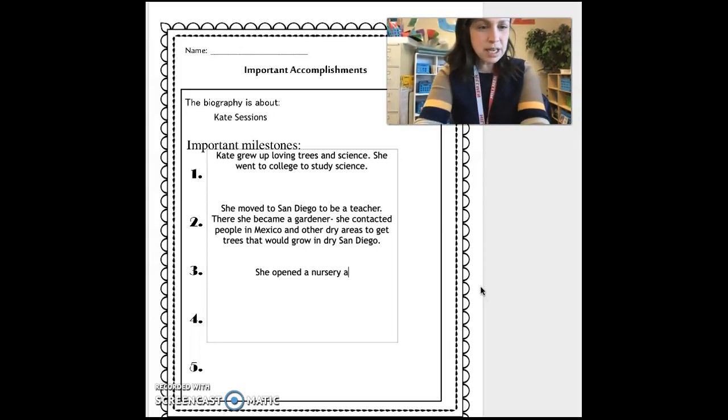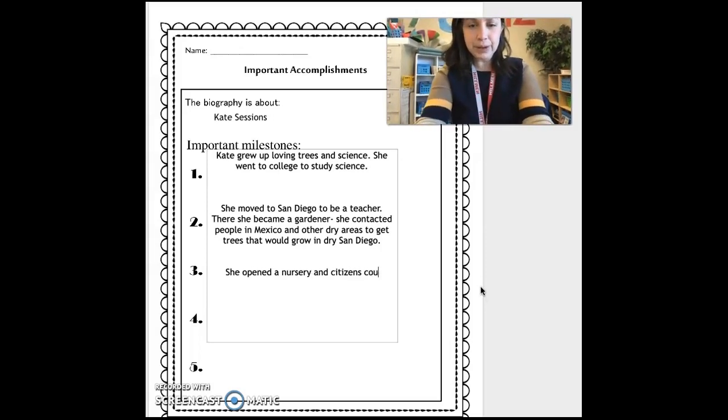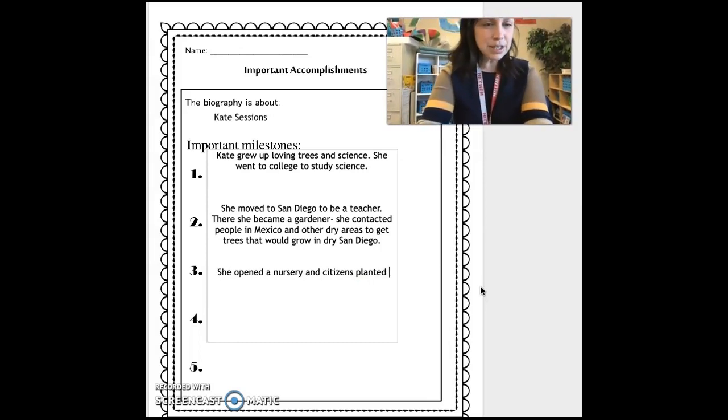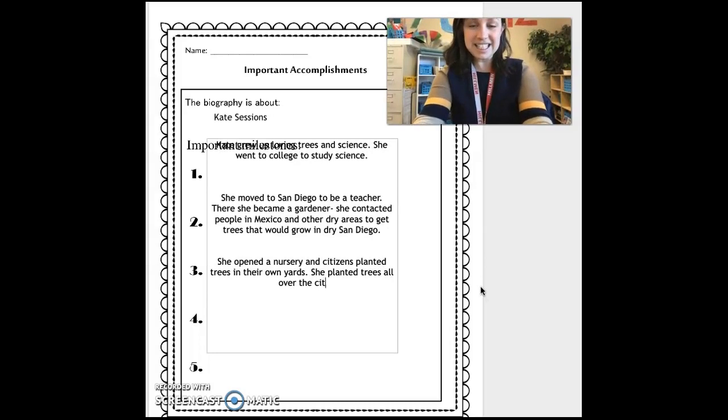She opened a nursery, and this was important because now the citizens of her town could plant trees. She opened a nursery, and citizens planted trees in their own yards. She planted trees all over the city.